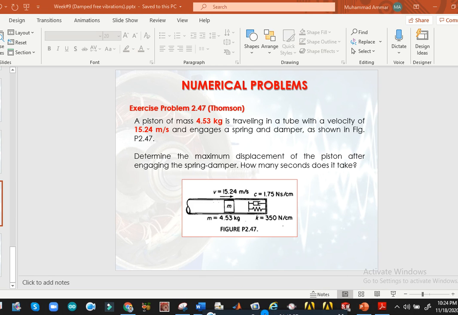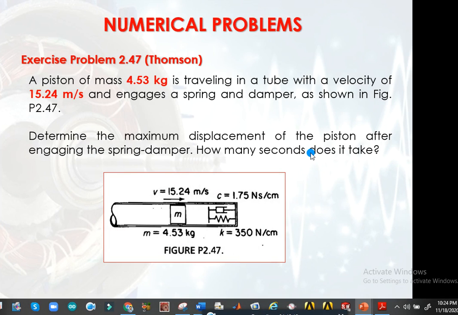One of the most important things to be discussed here is that in this numerical we have the given parameters. First of all, interpret the given data and convert all the units into standard units, for example SI units. Okay, so determine the initial conditions where we have velocity equal to 15.24 meter per second and initial displacement as 0 meter. Velocity is actually the impact velocity. Okay, so considering the below example, we need to find the maximum displacement of the piston.